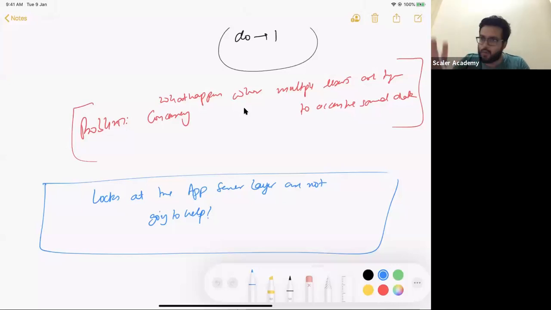Okay? And no matter how big a problem is, let me tell you for real, Facebook newsfeed, we must have discussed that already, did we? Or maybe not. Facebook Messenger, we did not. Facebook Messenger actually uses MySQL DBs. And do you guys agree that Facebook is too big a scale to talk about? And even if a system at that scale can run on SQL DBs, for any system that you're going to make in an interview, you will not be able to say that I cannot make this using a SQL DB just because of scale. Does that make sense to everybody?